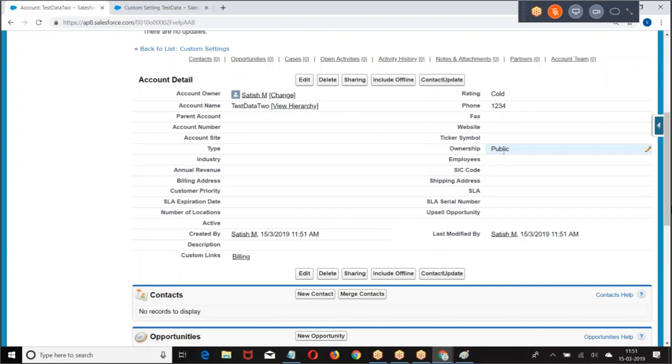Otherwise, don't run. Tomorrow, if you don't want the trigger to run for any particular user, go to the hierarchical custom setting and say for this user, make the flag equal to false. We don't change the code. We'll go to custom setting, add and remove the users or profiles as per your choice. So without modifying the code, how can you control execution of triggers? By using custom settings. By using hierarchical custom settings.